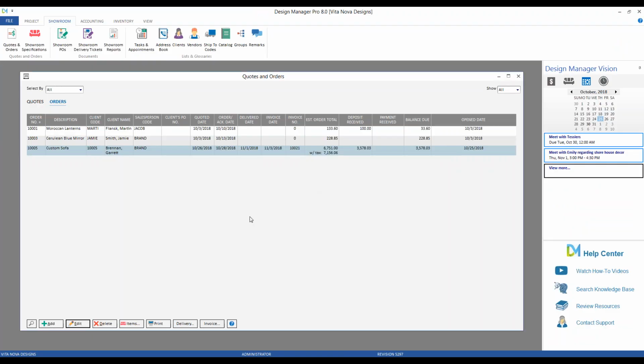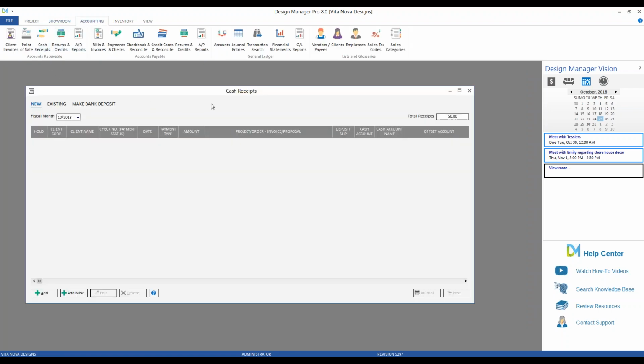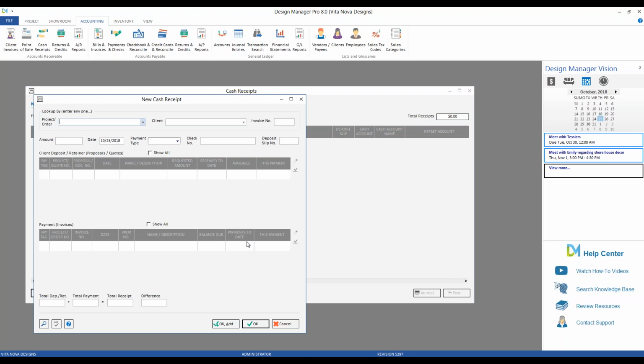Lastly, Mr. Brennan would remit payment on that invoice, effectively completing the transaction. So now we can go ahead, go back to our accounting, cash receipts. Again, any funds coming into Design Manager for the showroom or for traditional projects, it all goes through your cash receipts window. You click add, put our order,